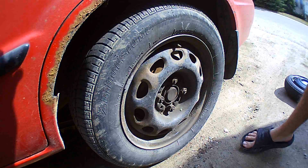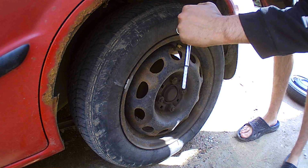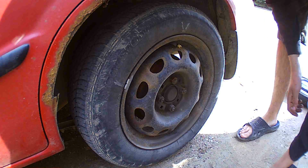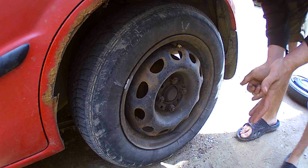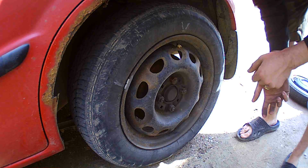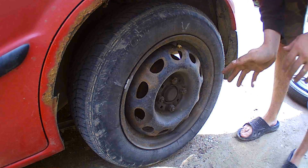Alright, so we've got our tire inflated. We're at 32 psi. Now what you want to do is listen. See if you can hear any air leaking. If you got some air leaking, then you've probably got a nail or something stuck in your tire. If you don't hear air leaking,